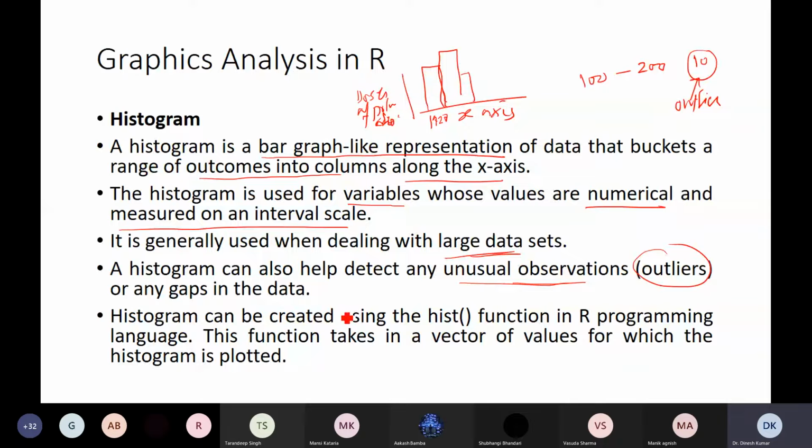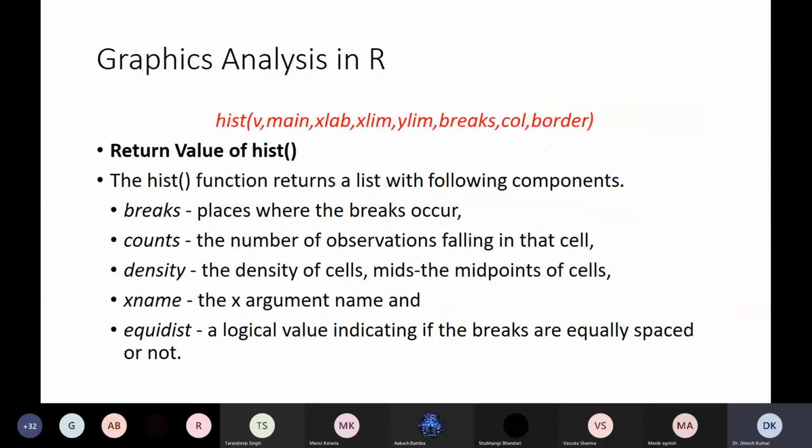Right? So there is a function called hist. By using this function, we can create histograms. It takes the vector of values for which we would like to plot a histogram. And so let's move back to RStudio. This is the syntax of this function, hist. It takes different parameters. V is our vector, main is the title, xlab is the label on the X side,